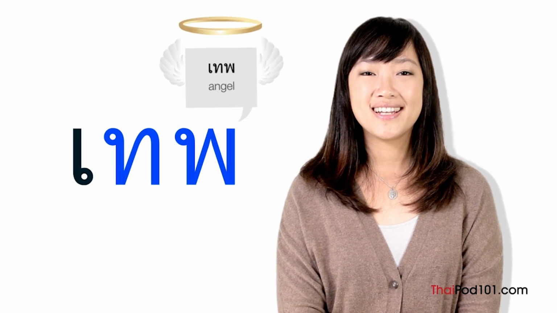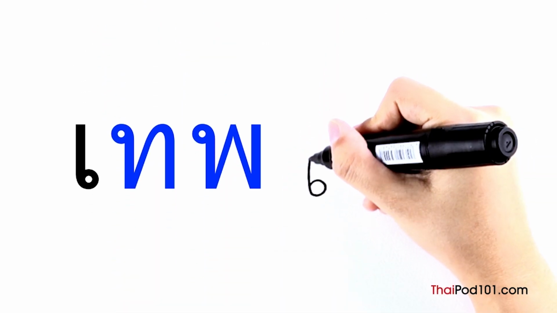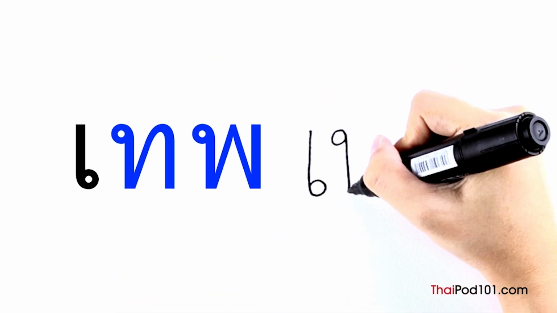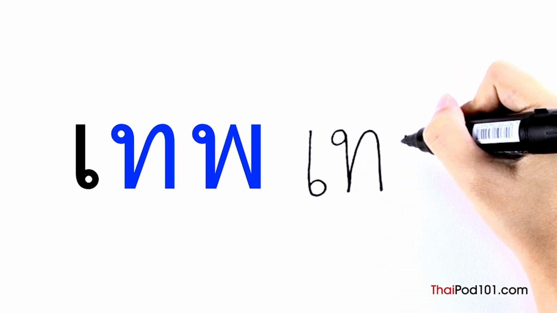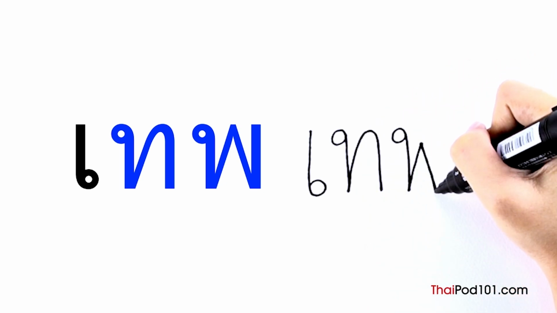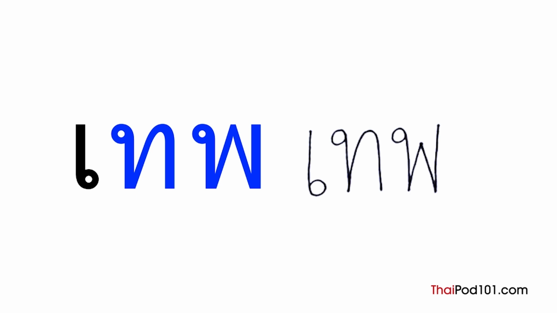Here's another word. Can you read it? It's เทพ. เทพ means an angel. เทพ is a falling tone. Now let's write it. สระเอ ทอทหาร พอพาน เทพ